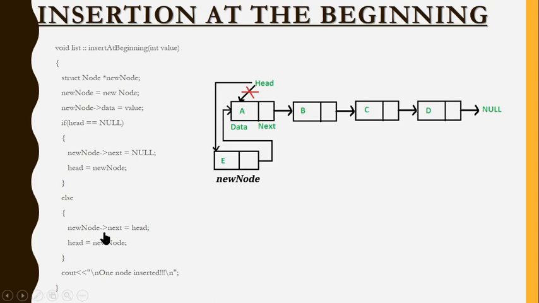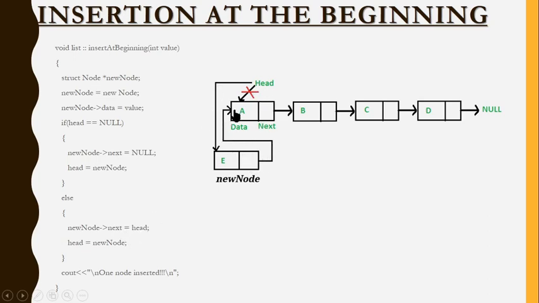So new node arrow next equal to, so which address I need to bring here? I need to bring this head's address. Right now this is called as head. That's why I'm using this name here. So far I haven't changed the name head over here. Right now this A is called as head. Okay, I need this head's address into this area, next area. So new node arrow next, so the cursor will come here, equal to head. Now the head's address will come over here.